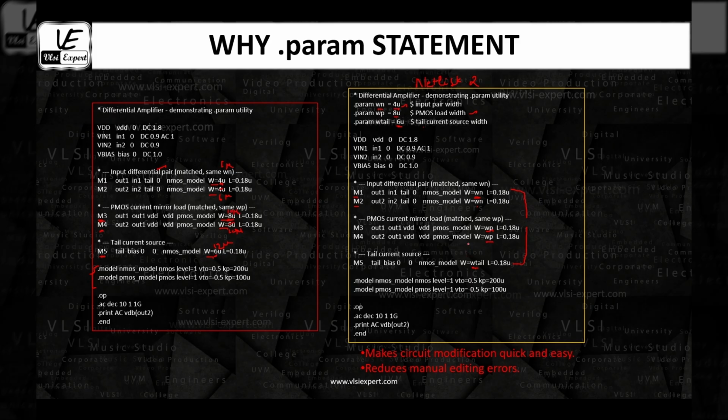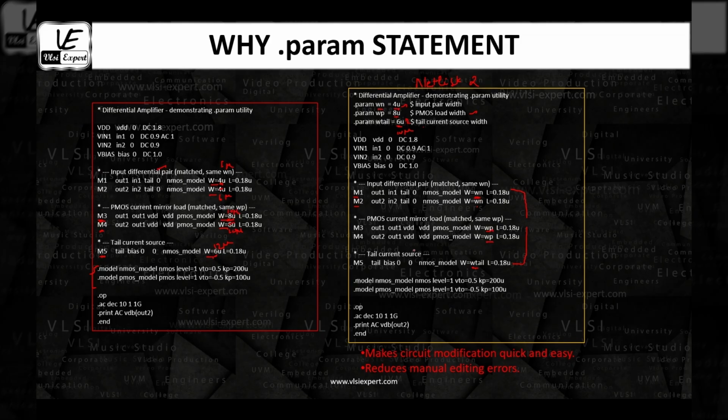So now from 6, I have reduced, so change the value to 3, and it is also very easy for me to read it, to see where I am making a mistake. Let us suppose instead of writing 12 micron here, I wrote 10 micron, then very easily I could go and check, okay, I wanted my tail current source width to be 12, but I have put 10 micron. So this helps me in two ways.